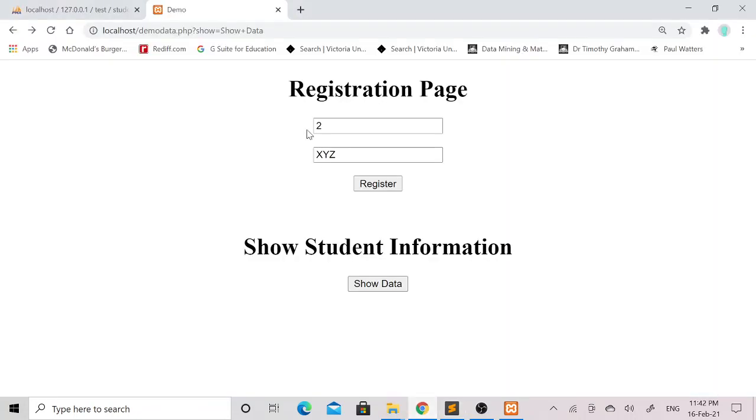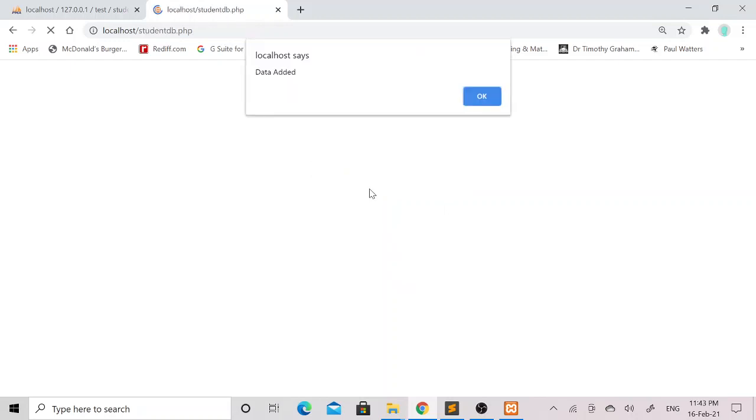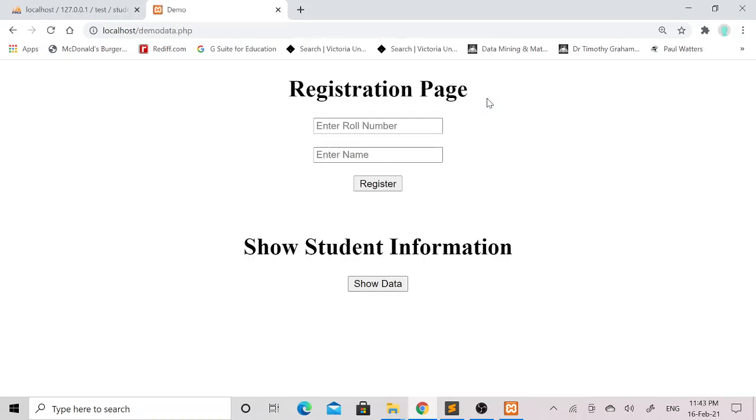So to see the output, first I will refresh this page, then I will add another value, that is roll number 3. This time I will add the student name as MNP. Then I will click on the register button. You can see that the data added alert window has popped up. Then I will click on the OK button.